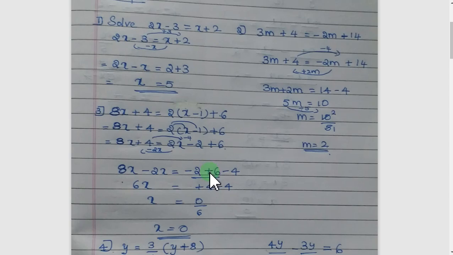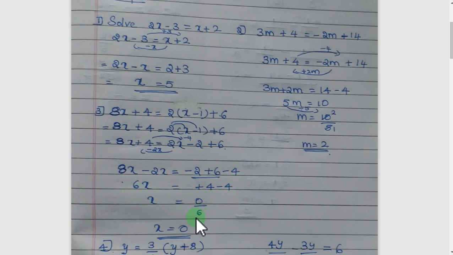First we will simplify two numbers by taking only two numbers in this step. Minus 2 plus 6, numbers having different signs, subtraction. 6 minus 2 is 4, bigger number sign, plus 4. Here minus 4, again bring it down, plus 4, 6x is equal to plus 4 minus 4, x is equal to plus 4 minus 4 becomes 0, and when you take 6 to the other side, it becomes a division.